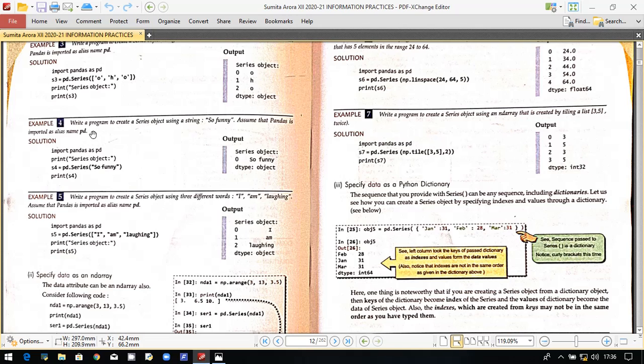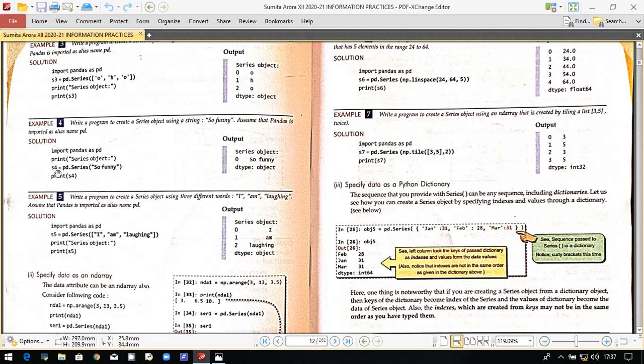Here we are saying, write a program to create a series object using the string 'so funny'. Assume that pandas is already imported with the alias name pd.